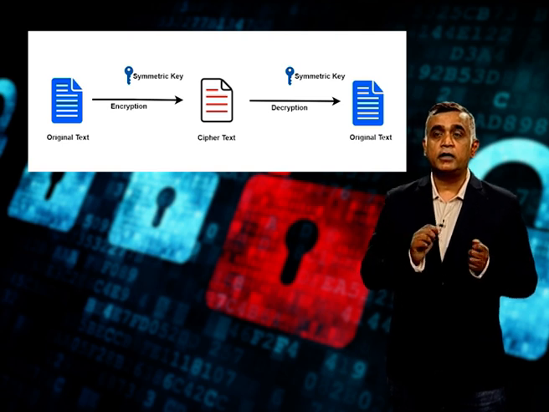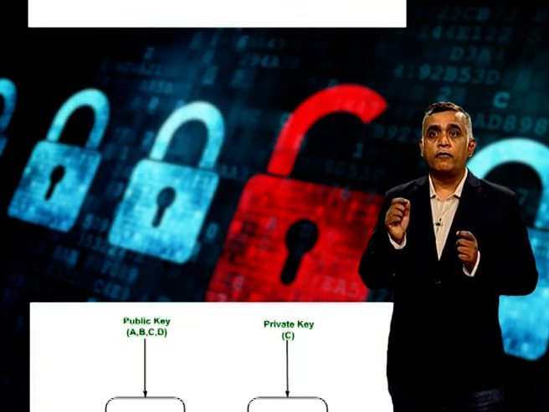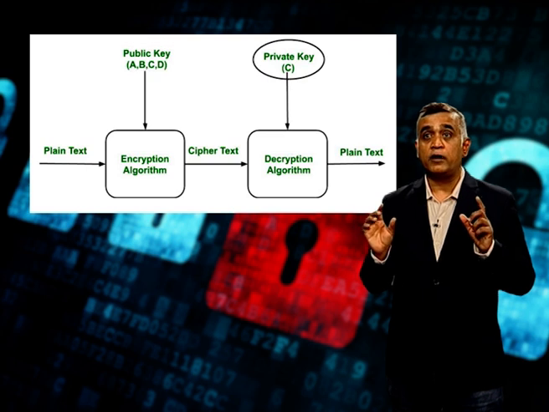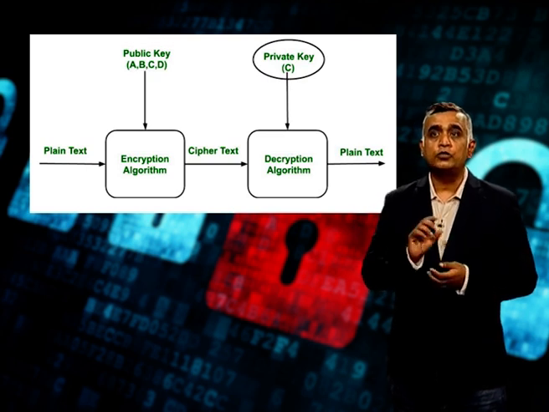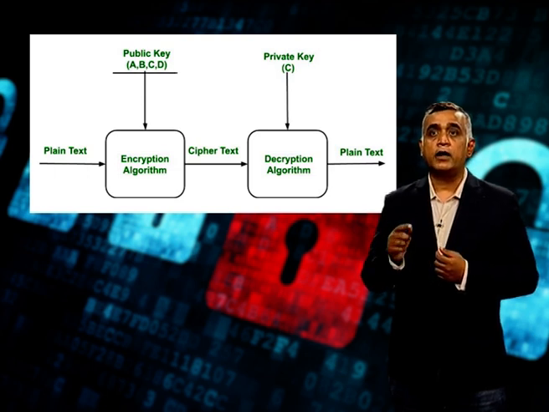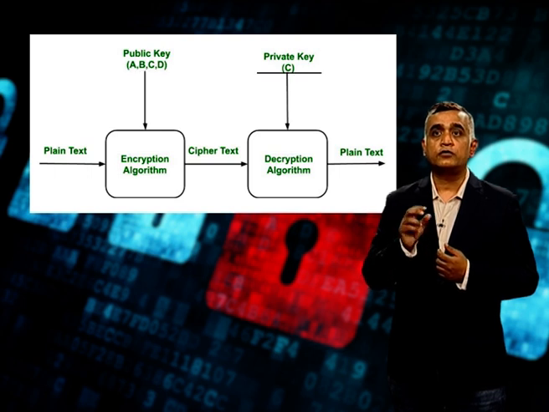In symmetric cryptography, we have seen that one key, that is the symmetric key, is used for encryption and decryption. Whereas in public key cryptography, a pair of keys, a public key and a corresponding private key, which are mathematically related, is used. The public key is used for encryption and signature verification, whereas the private key is used for decryption and signature generation. We will find a large number of real world applications where public key cryptography operations are being used widely.